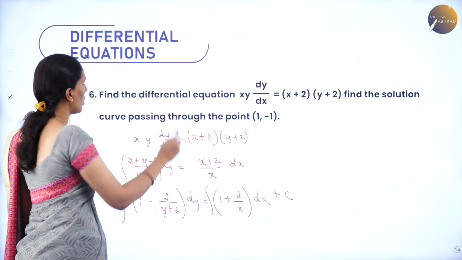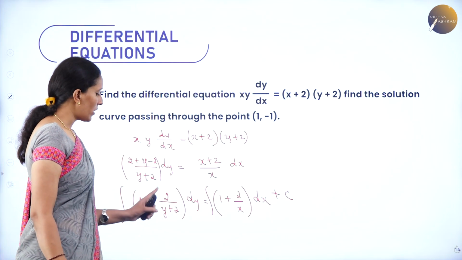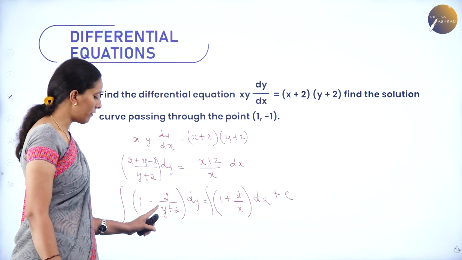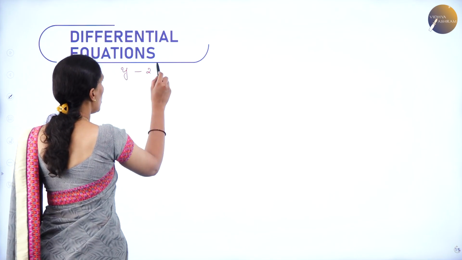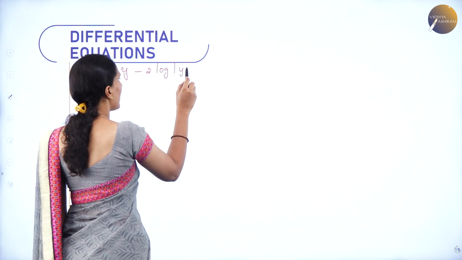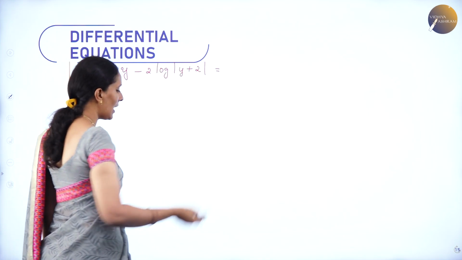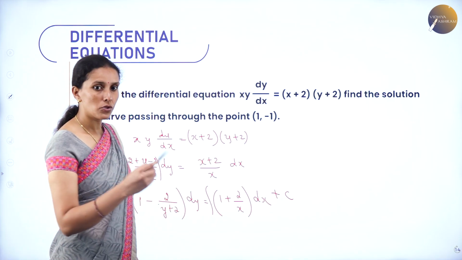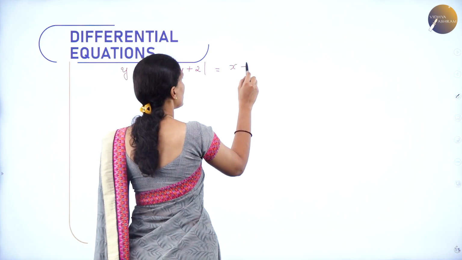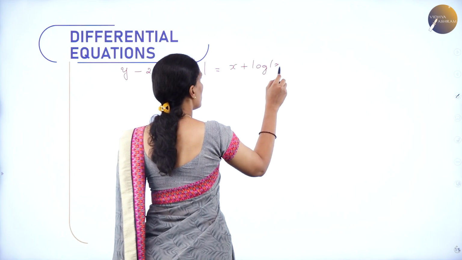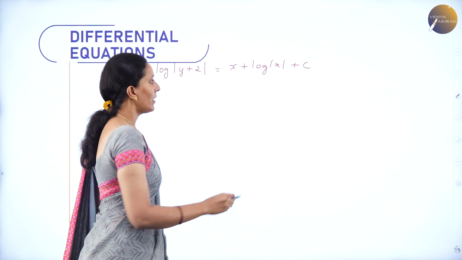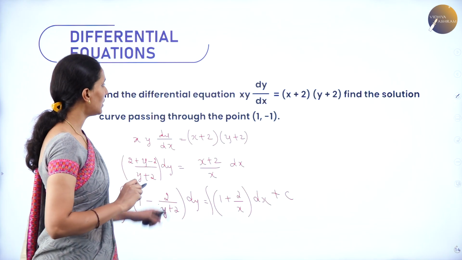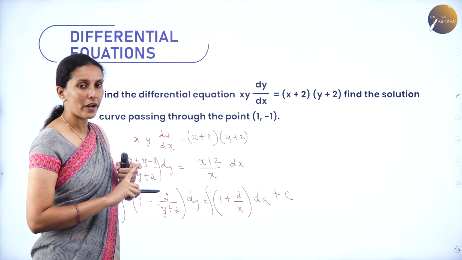Next, we have 2 as a constant. Next, what is integral of 1 by ax plus b form? It is log of ax plus b. So here value of a is 1. So therefore it is log modulus y plus 2. Next, on the other side, we have 1 into dx, which becomes x. 2 by x becomes 2 log x. So therefore x plus 2 log x plus c. Now let me take this as equation 1, which will represent the general solution of the differential equation. Now I need to find out the solution at the